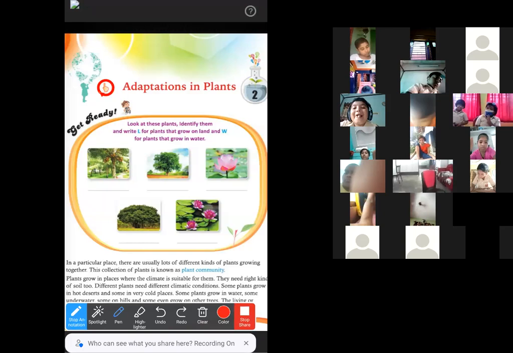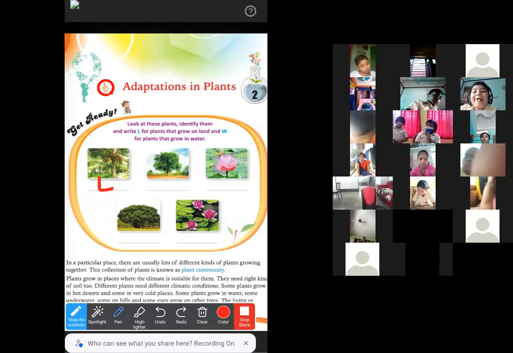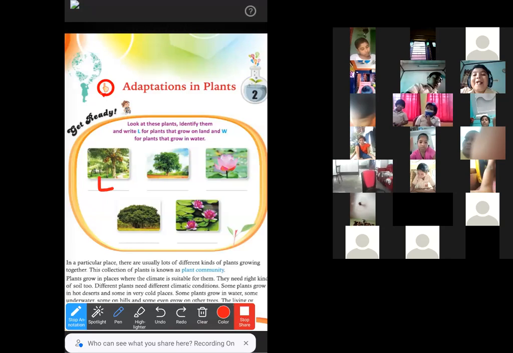The first picture will be L. The second picture will also be L. The third picture is a lotus, so it will definitely be W, because it always grows in water. The fourth picture will also be L, and the fifth picture is just like a water lily, so it will be W. Okay, so everyone write with your pencils.